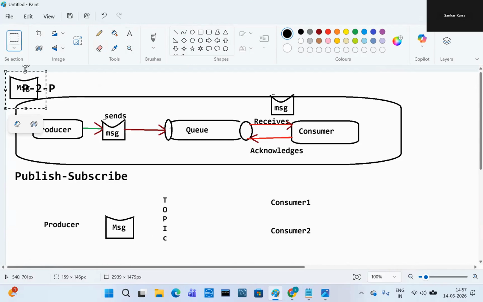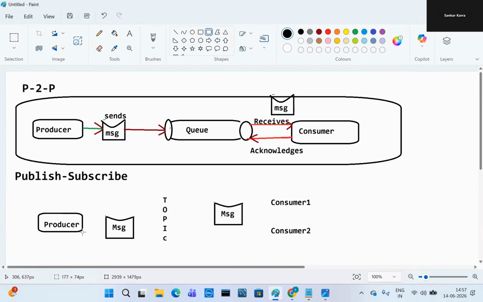Copy, Ctrl+C, Ctrl+V, paste here. So this is a producer application. It is a message, and the topic will be there.